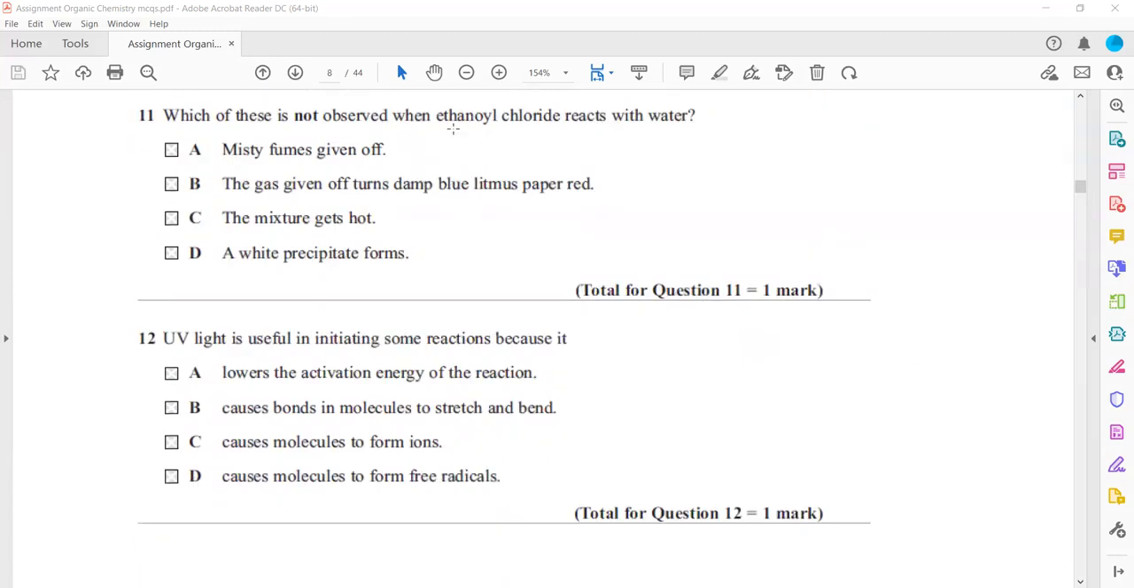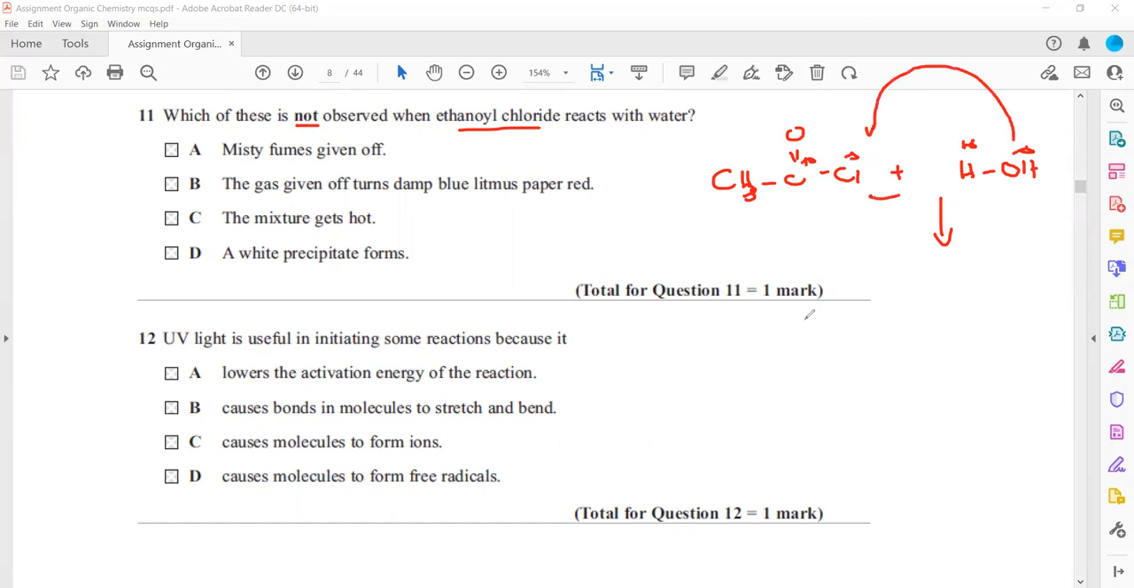In question 11, which of these is not observed when ethanoyl chloride reacts with water? So if we have ethanoyl chloride, CH3, C double bonded with O and Cl, reacted with water, H2O, what happens? The carbon is partial positive, OH is partial negative. So OH will take the position of Cl, and the product will be CH3, C double bonded with O and OH,